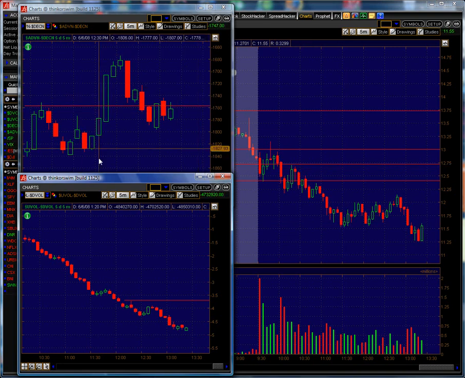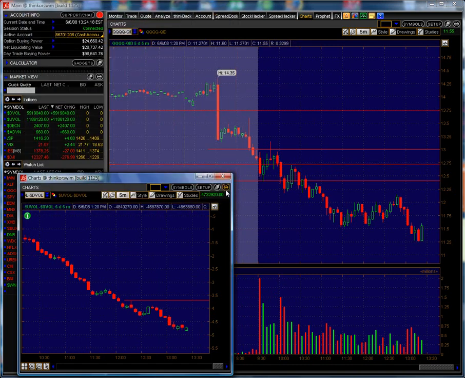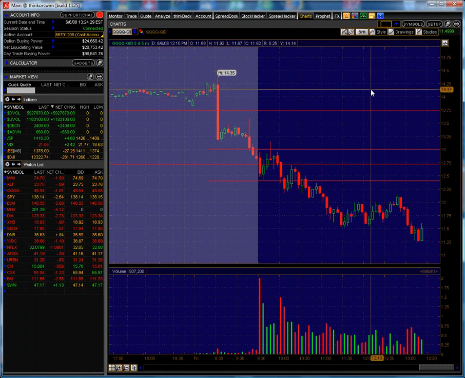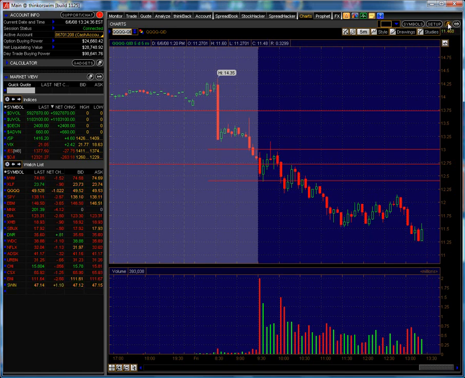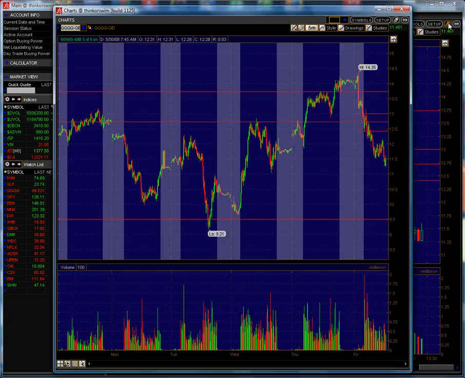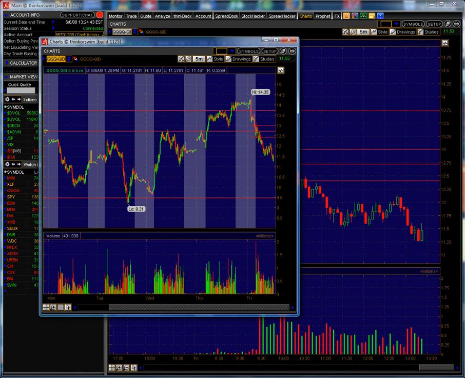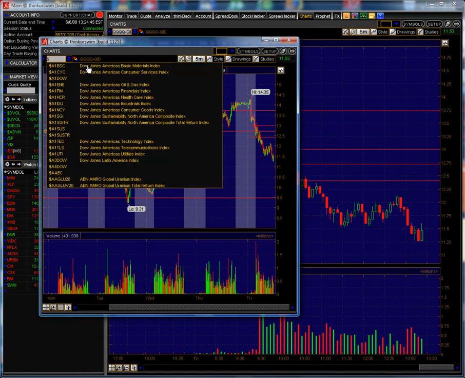I put all of these three up together, and it's very easy to do. Let me just close these out. I'll show you from just about any window here. In order to do this, you have to use the charts that come with the Thinkorswim platform. And if you're using another platform, you could probably use those charts as well. But all you have to do is detach. This is a window detachment button up here in the right-hand corner. Just click on that, and then you can size it to whatever you want, and then you simply type in the